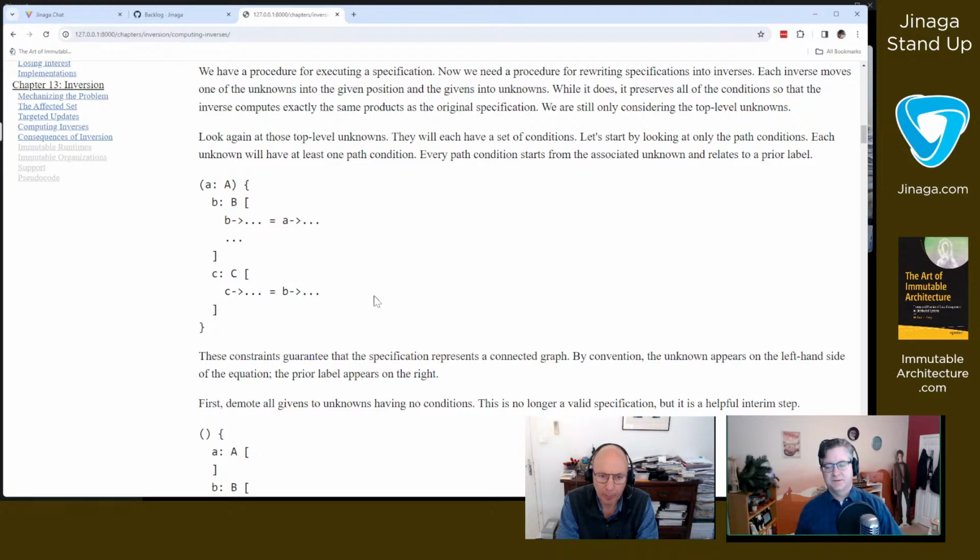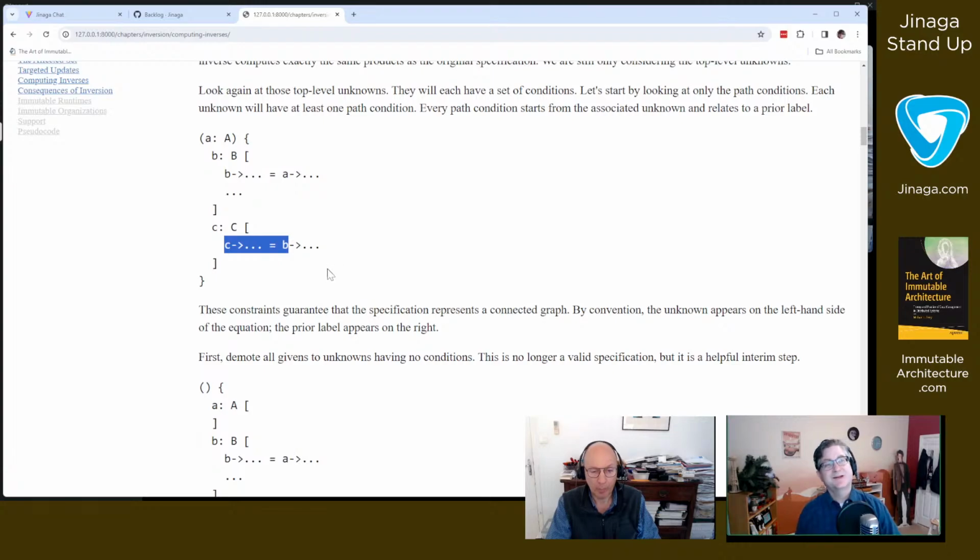So if you were to just represent these as the labels A, B, C, and you've got an edge between B and A, it's not a directed edge, it's just an edge between B and A, and then between C and B. Then you've got a connected graph. Not everything is directly connected to everything else, but you can get there by following those edges.